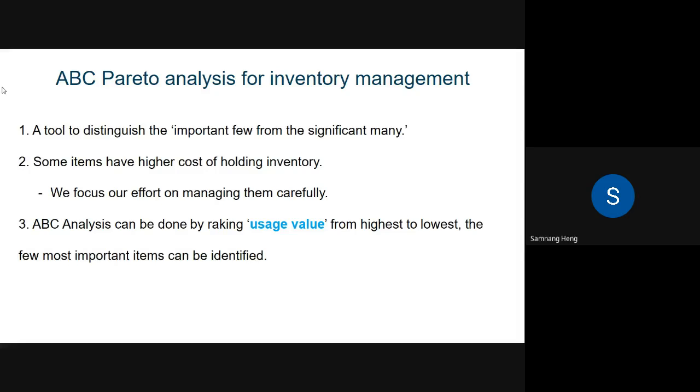For example, in the macro picture during coronavirus COVID-19, we know that cleaning supply is more important, right? It's crucial. Cleaning supply, hand sanitizer, or whatever is important. So the wholesale retailer makes sure they have all those cleaning supplies at all costs, no matter what. Those items are considered class A. And class C maybe something least important that's not really needed anymore, something related to a bike, a kayak or anything for tourist activity, because during